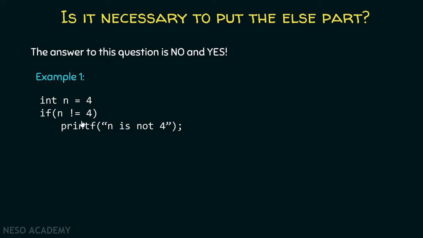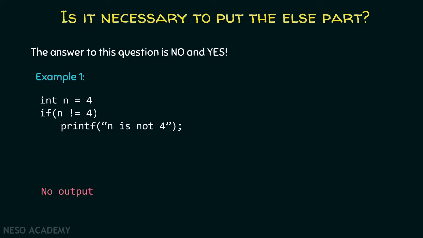Now one important point that you must note down is that this printf function is actually part of this if construct. Why? Whenever we have a single statement written immediately after the if construct or else construct, it is always considered to be part of that if construct or else construct only. Here, immediately after this if construct, you have a printf function which is just a single statement. Therefore, it is considered part of this if construct only. Now, what is the output of this particular program? The output is no output, right?